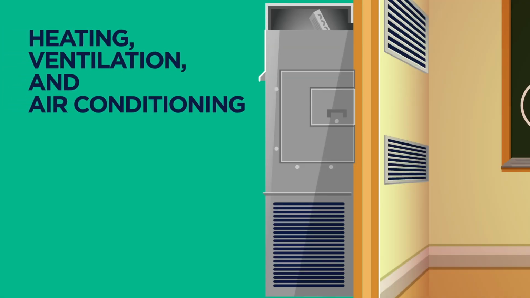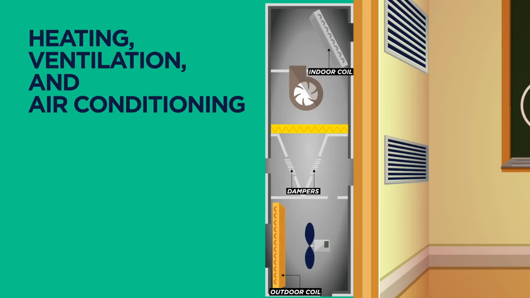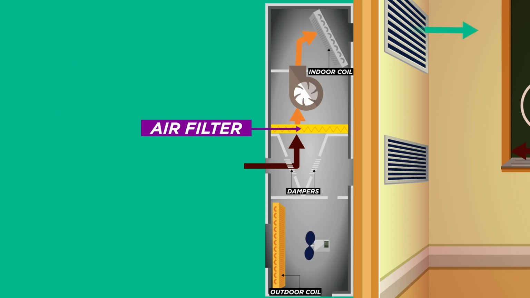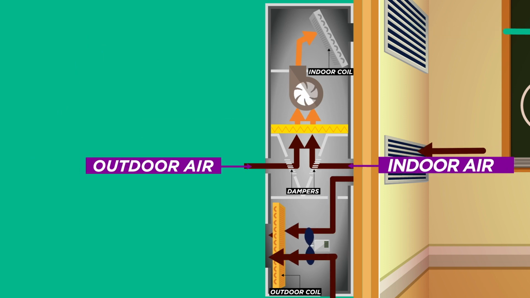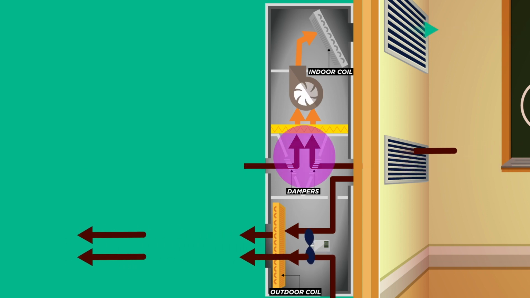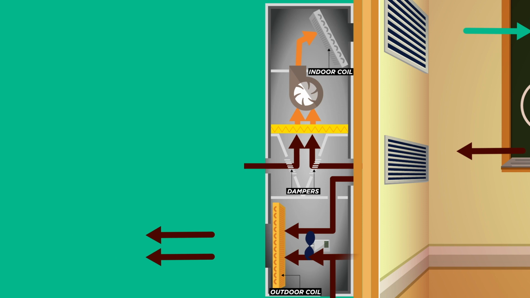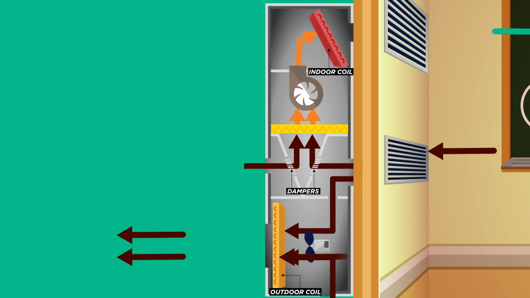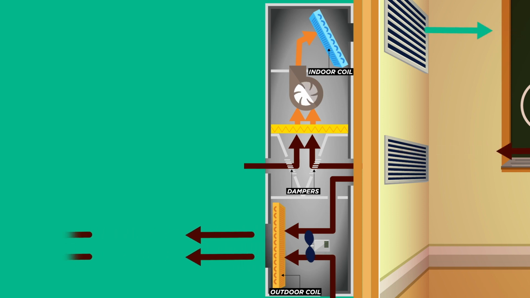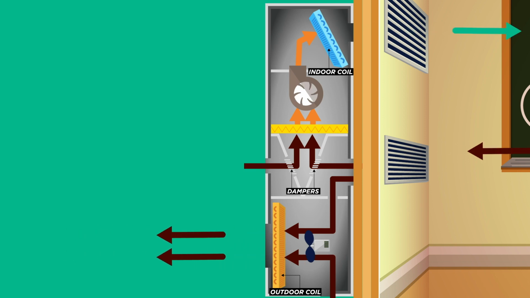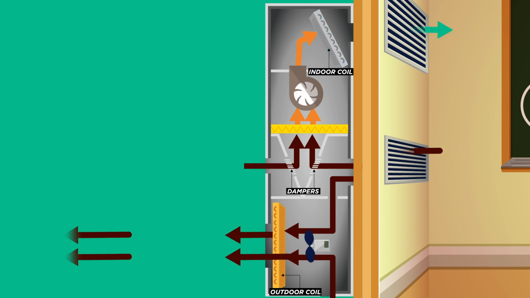Let's take a look inside a typical heating, ventilation, and air conditioning, or HVAC system to see how an air filter works. The fan inside the HVAC system draws air from both the room and outdoors for ventilation. This air mixes and is drawn through an air filter where some of the particles in the air are removed. Then, the air goes through the fan and may be heated or cooled before it is returned to the room. In order for a filter to work, the HVAC fan must be running even when no heating or cooling is